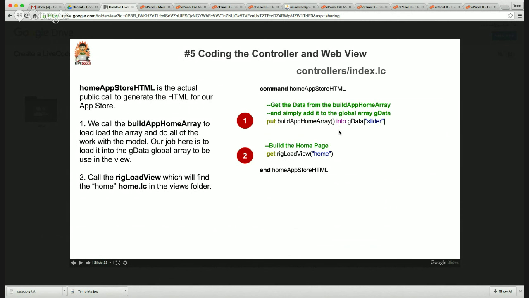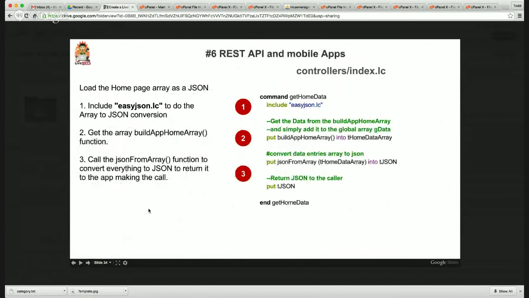What that's going to do is load that home page with all of that data in it. Now, to your question, which was great. This home app store loads my array and then sends it to my view, and the user is going to get back HTML, right? But when I want to load my data for my app, how does that work? Because then it's going to send me back HTML. So I have a different function,